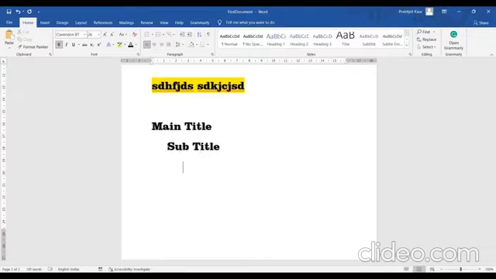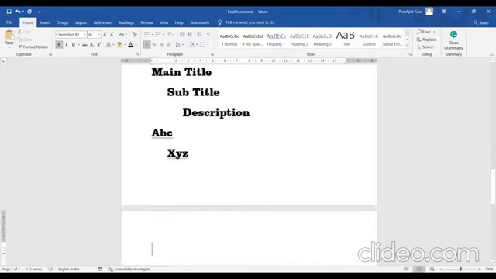And for the last one, again give some space, because it is necessary to identify the levels. First level is for main title, then subtitle, then description. In the same way, I am again writing ABC, tab, XYZ, then